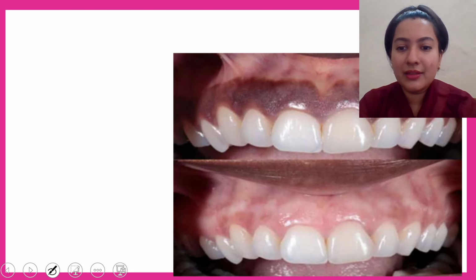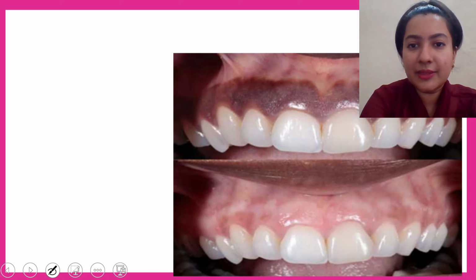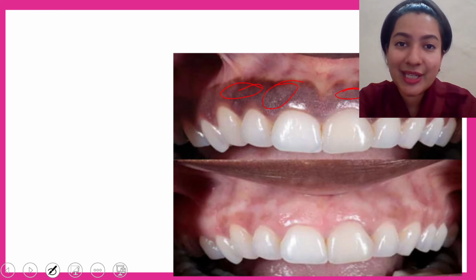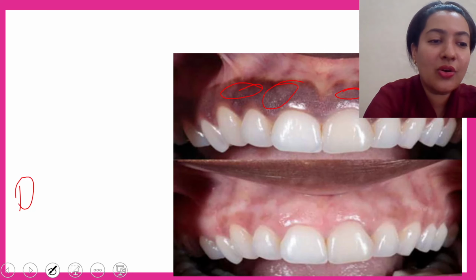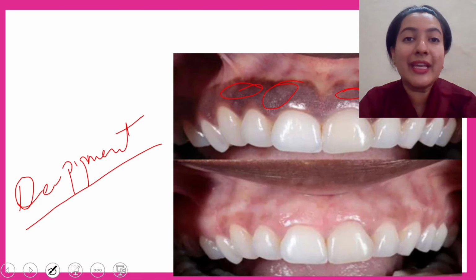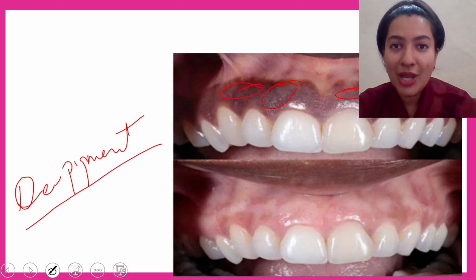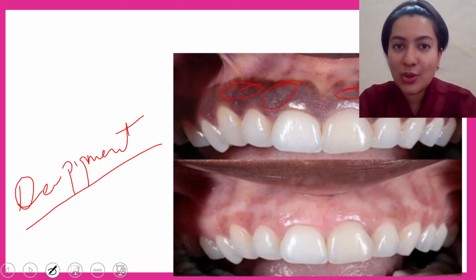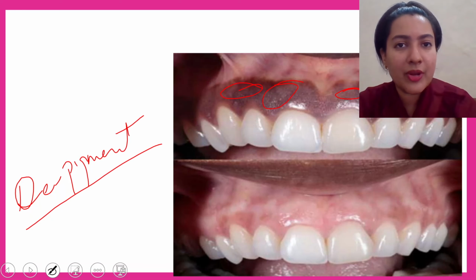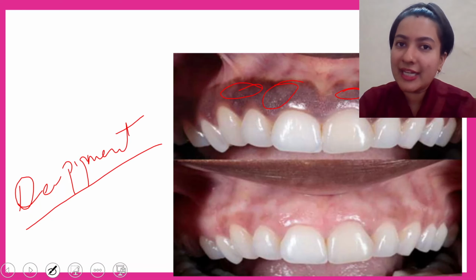Next, what difference do you see? You see that these pigments have been gone. Okay, so with the help of lasers, even these aesthetic procedures can be carried out, and the name of this procedure is depigmentation, where the pigment has been removed with the help of lasers to improve the aesthetic value of the patient. Okay, so these are a few more uses of lasers which are used in orthodontics but not in all the patients, but they are used very commonly in dentistry in general.